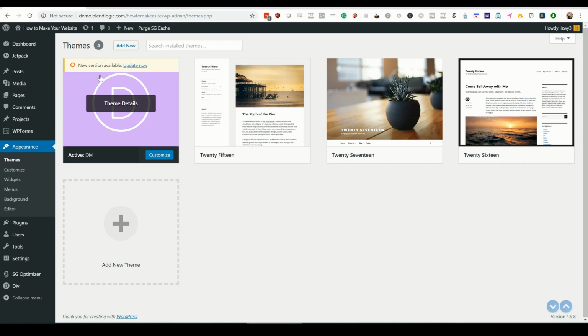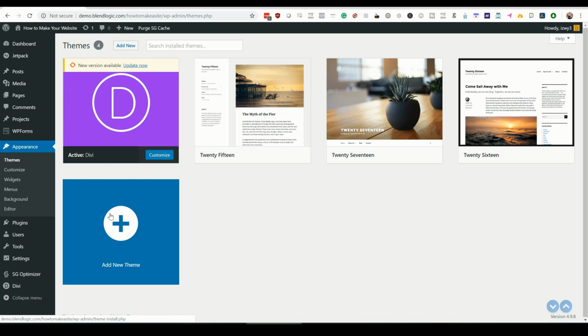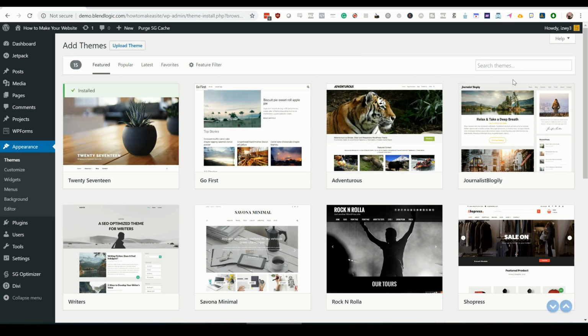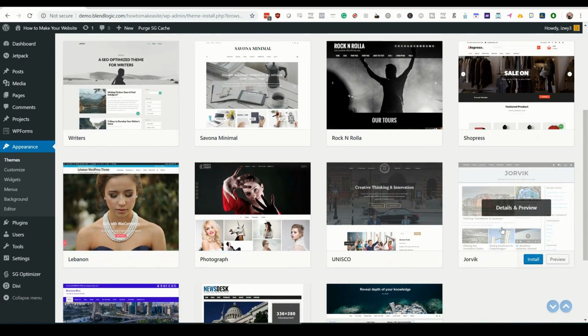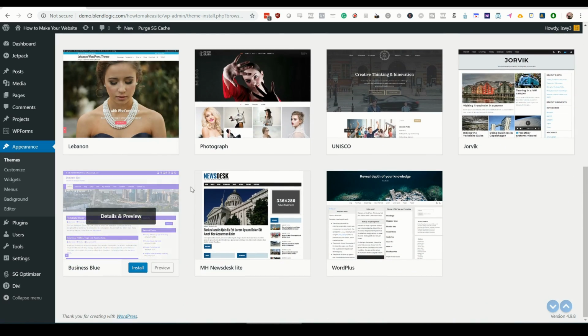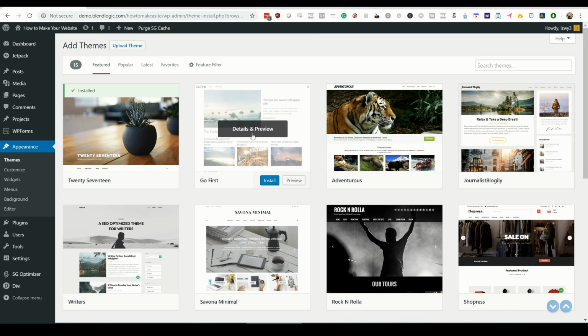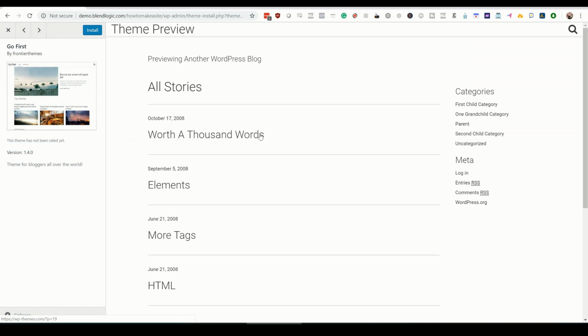So now we're going to be taking a look at the themes you can choose from the dashboard. One of the things you could do is navigate to Appearance, Themes, and this is what you'll see when you get there. The way that you add your new theme is you either click the big button on top or the button on the bottom, and you'll be shown this page, which shows you all the themes that are available 100% free. All we have to do is click on a theme that we want to use. For this example, we'll go with Go First.